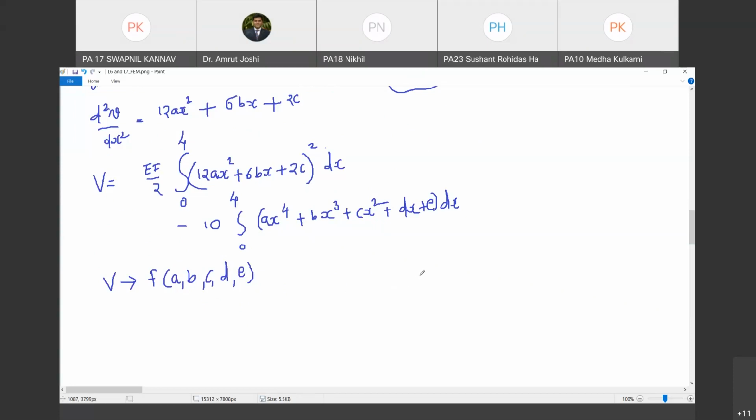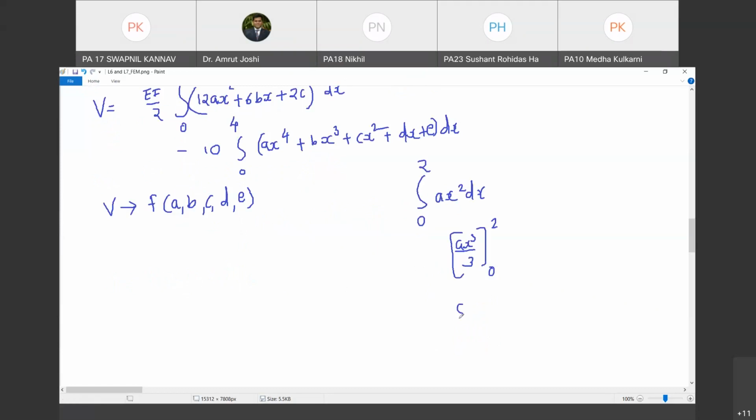For example, I will convince you by considering an example. Let us say you are integrating a x square dx with limits 0 to 2. Do you agree with me? What is this integration? Tell me. It is a x cube by 3, evaluated from 0 to 2. Happy?